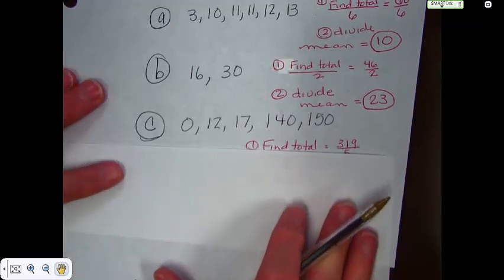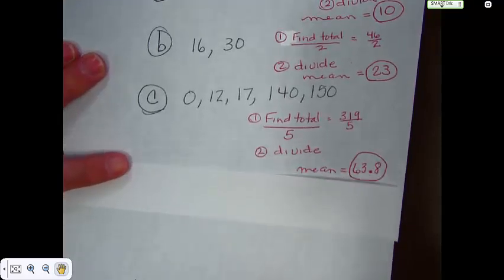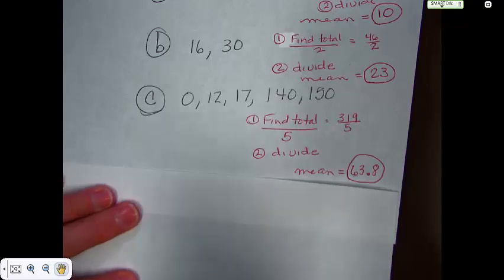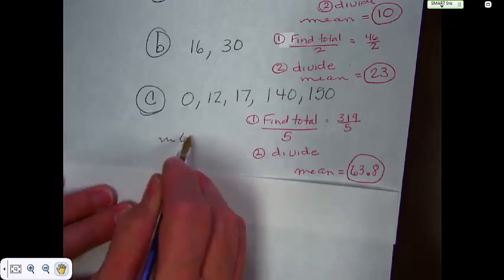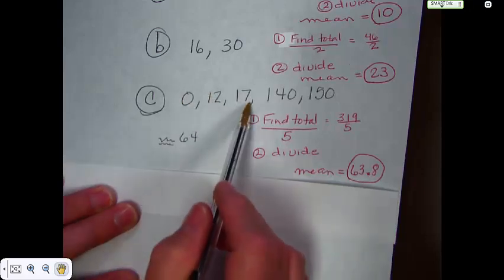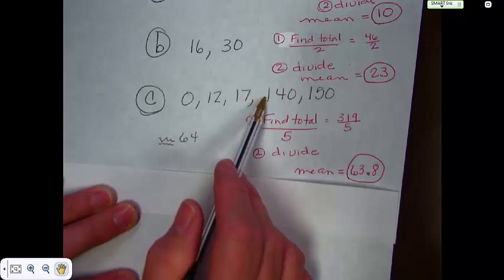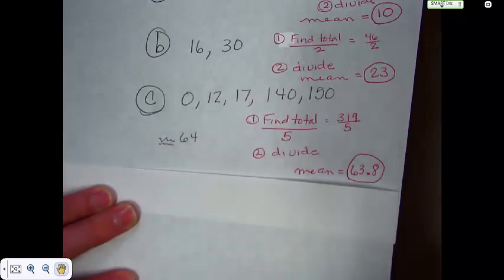You divide them by the number of numbers, which is 5, and you get 63.8, which is an average of about 64. Well, look at here. That isn't even close to 0, 12, or 17. It's actually a lot closer to 140. So sometimes when you find a mean, it doesn't appear to fit with the numbers. But as long as you've done your math right, you should be